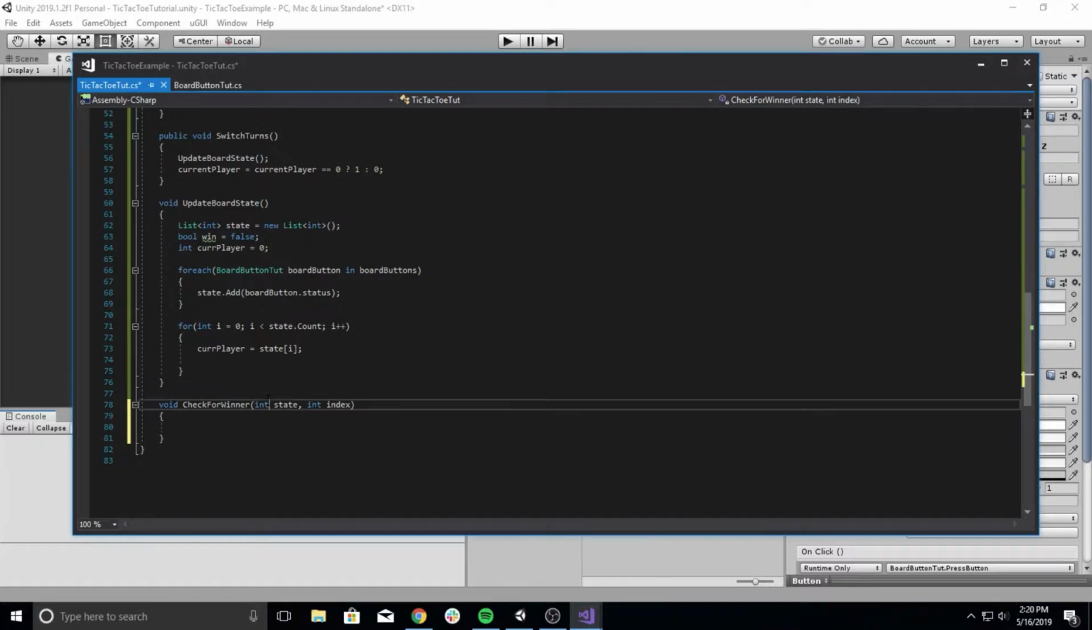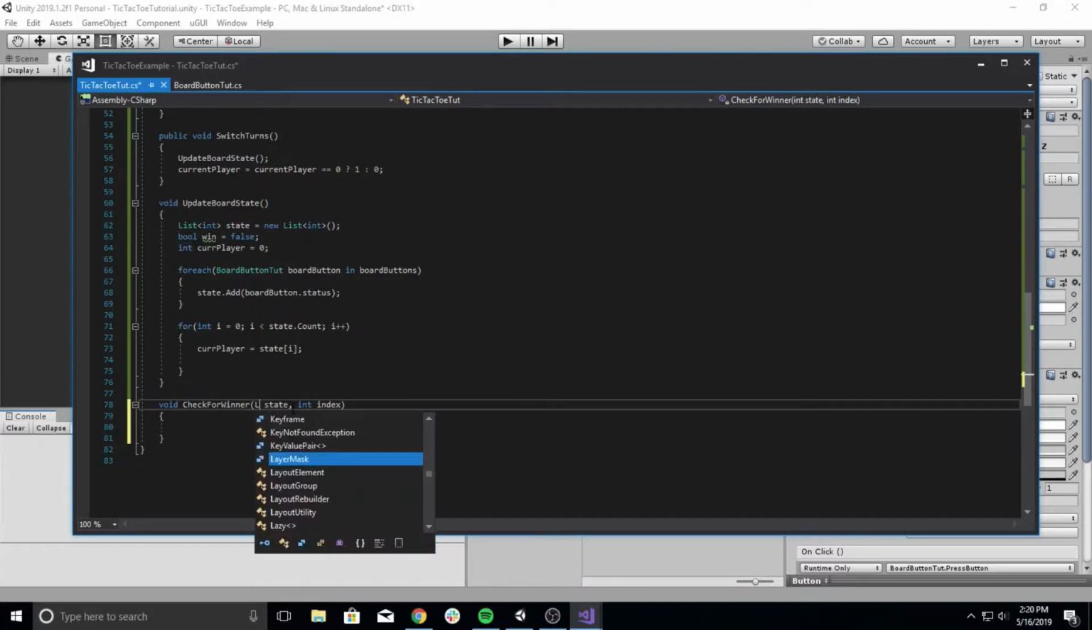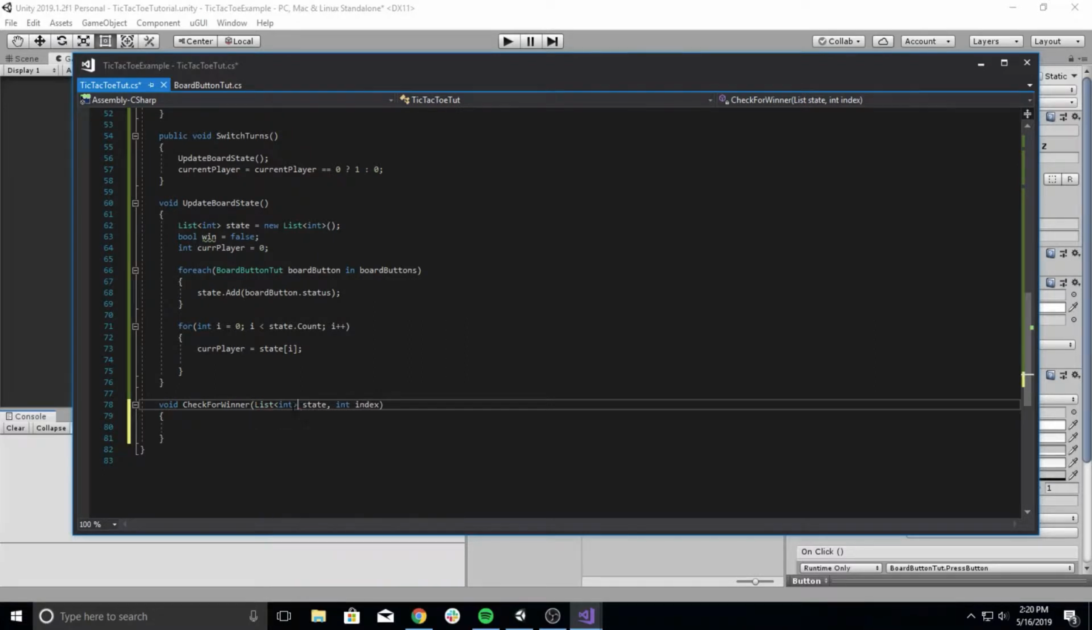Oh, and state is not an integer. State is a list of integers. There we go. Okay. So this is where we get into the logic behind Tic-Tac-Toe and how we know if